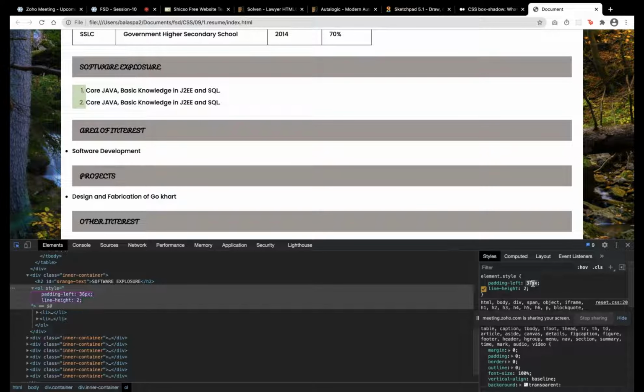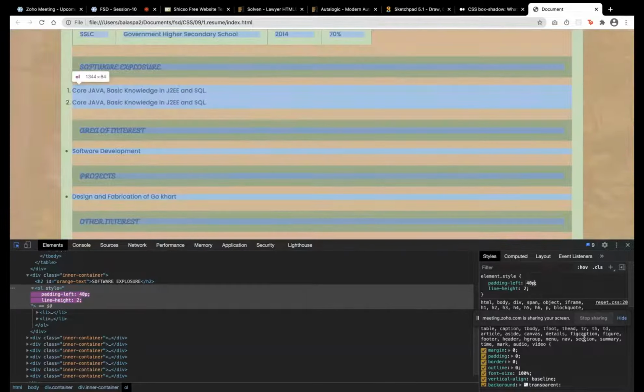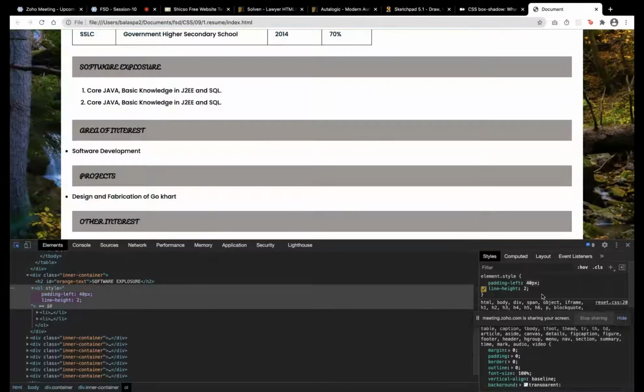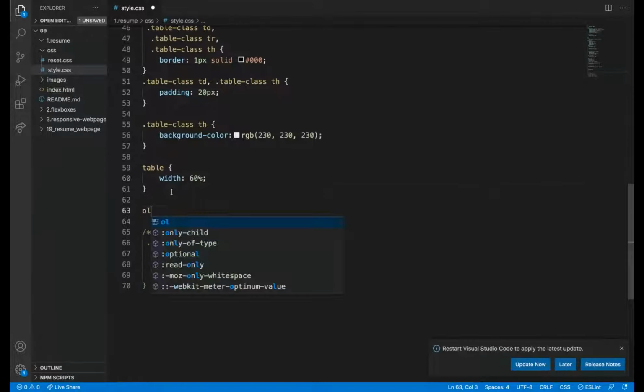So to check it here, directly try to use this console. I have a habit of using console. Okay, copy. I'm copying this and then going to add it in the OL.